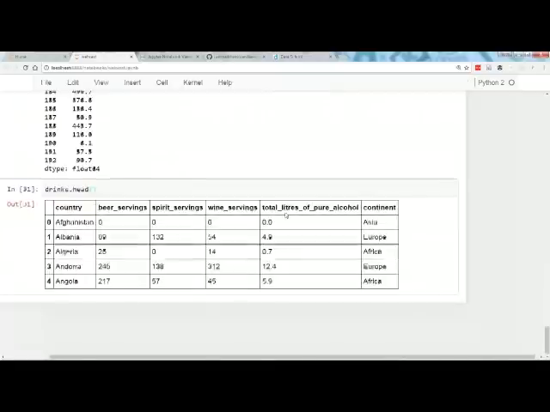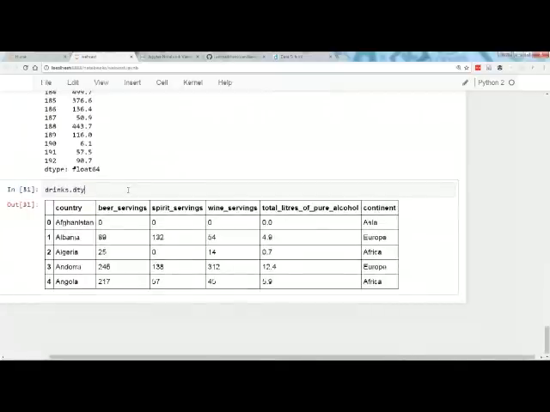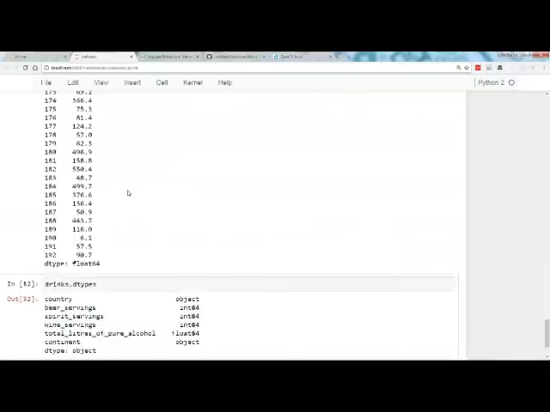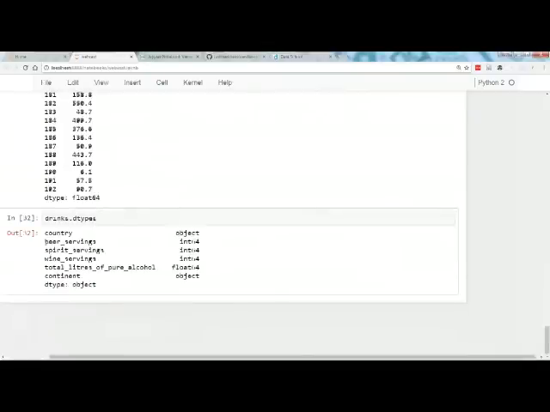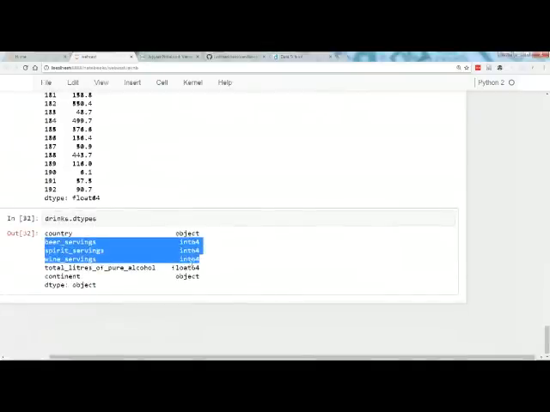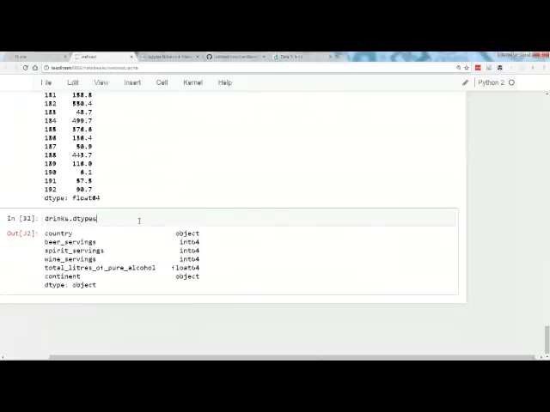Okay, so here's our drinks data set. Let's look at drinks.dtypes. And all my numeric columns are already numerics. But let's pretend that the beer servings column is actually a string, okay?